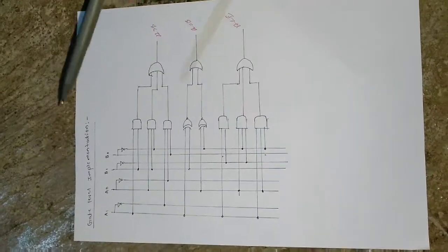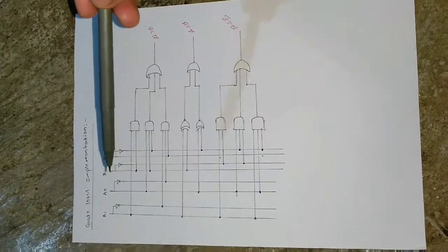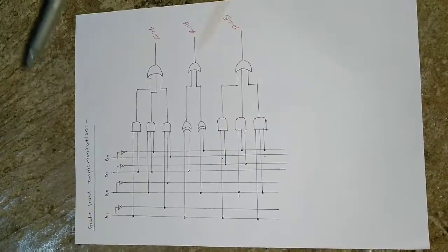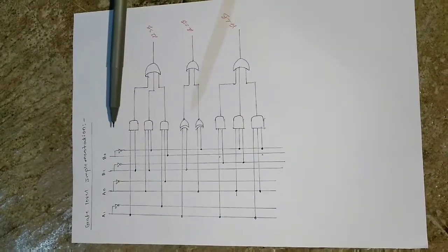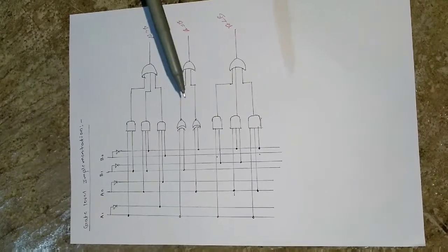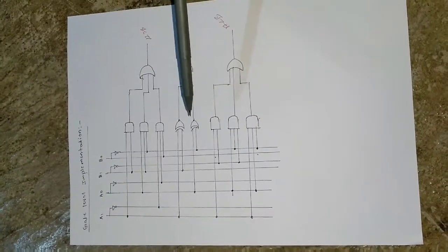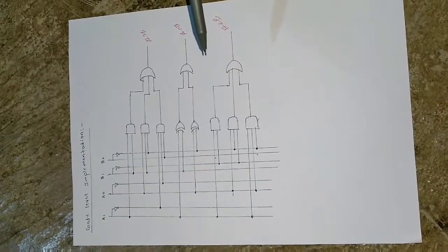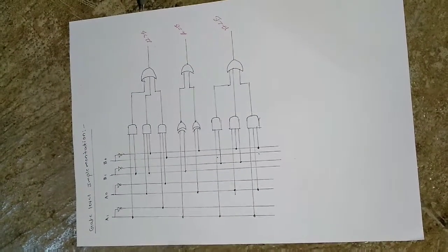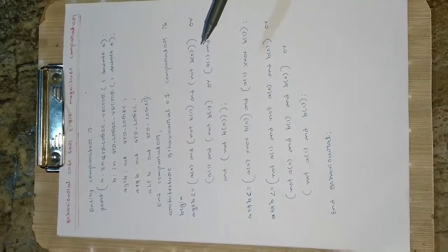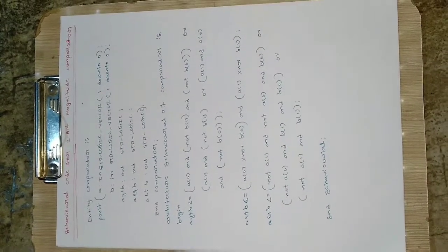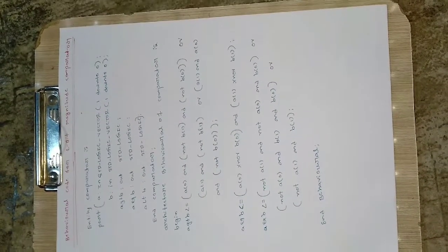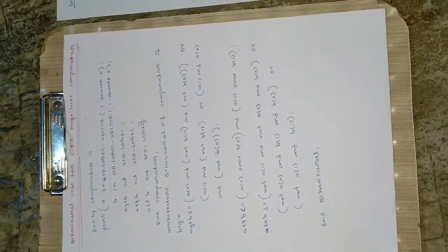Here A1 and A0 are there. A NOT gate is provided in order to get A1 bar, A0 bar, B1 bar and B0 bar. Observe that these are the AND gates, and these are the XOR gates. They are ORed at the end to get the three possible outputs here. Now coming to our main topic, how to write the behavioral code for this 2-bit magnitude comparator. Keep this circuit diagram in mind, guys, because it will be very easy if you know this circuit diagram.